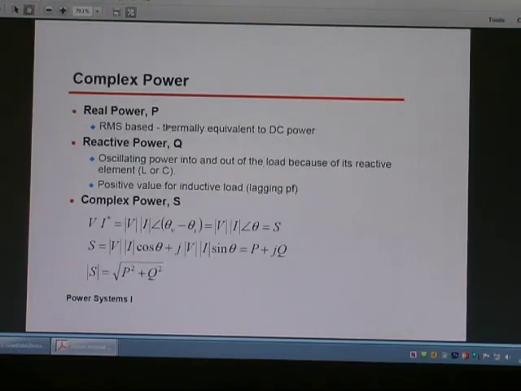So this is the AC power, so that problem we solve for this AC power. The complex power: the RMS value is thermally equivalent to DC power; reactive power is due to the oscillating power into and out of the load because of the reactive element, positive value for inductive load. So complex power equation